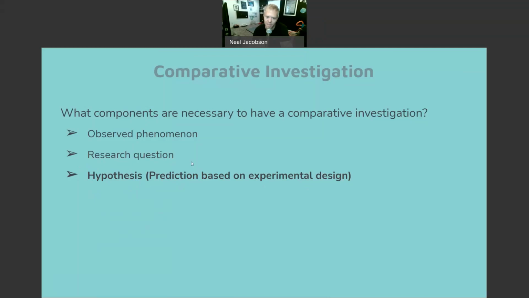And then you would test that and have a prediction from your experiment. Your prediction would say, okay, the people that do body weight exercises will have the greatest strength gains. And so the greatest strength gains is your prediction from your hypothesis. Obviously, you would need your experimental design that would give you your prediction. And then you would need to identify your variables.